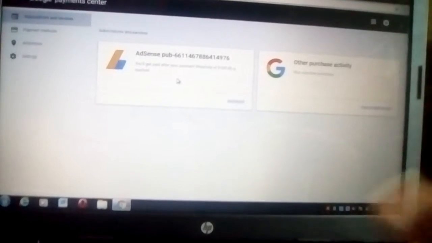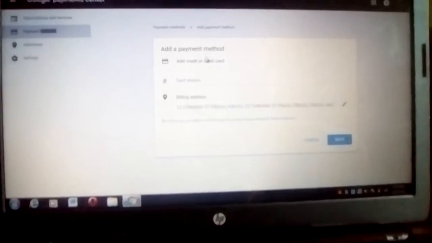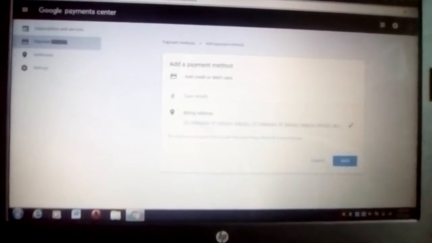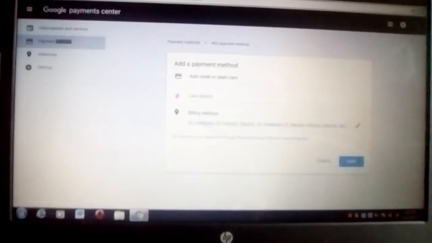Then when the payment center opens, if you have Google AdSense, you can add your Google AdSense. If you don't have one, you create one, or you use other payment methods, that is through your card, your MasterCard, Visa card, or any other card you have. Yes, it's loading. Let's wait. Then yes, this is it. Tap open. Any type of card you can add it here. Then you click on save. Understand? Then whenever YouTube pays, they will notify you and pay you through there.